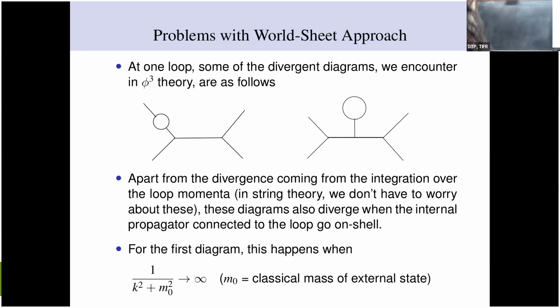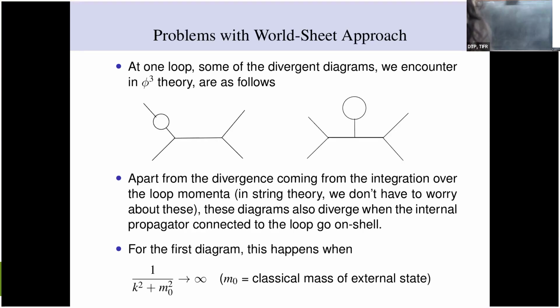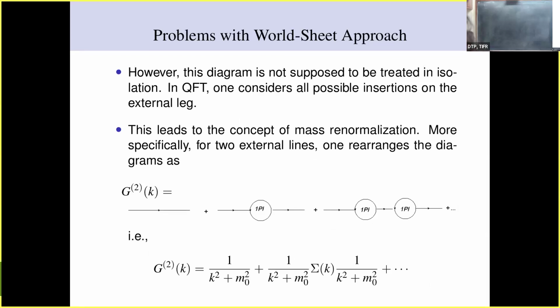So for the first diagram, this will happen when, say, 1/(k² + m₀²) goes to infinity for this propagator. m₀ is the classical mass of the external state. So what is the remedy in quantum field theory? The remedy is that this diagram is not supposed to be treated in isolation. We have to consider all possible insertions on the external leg. So you have to consider one loop, two loop, all loops, all possible insertions,